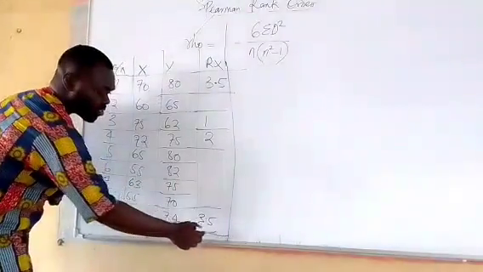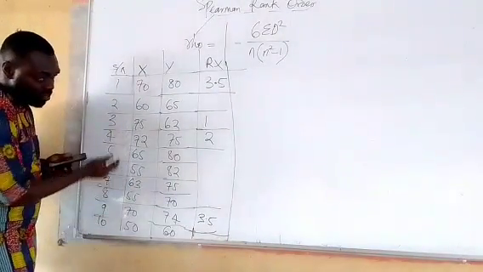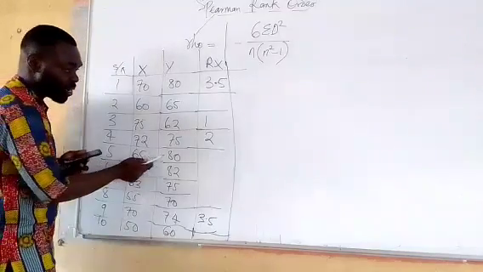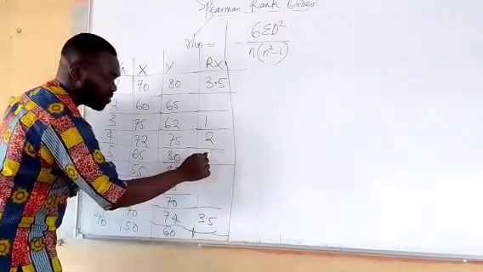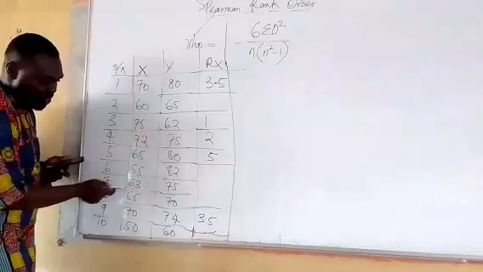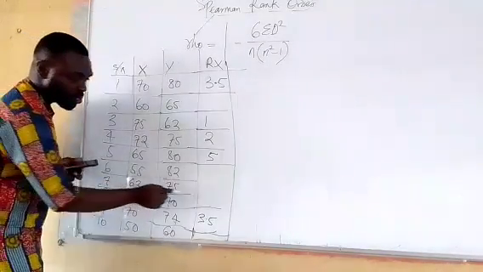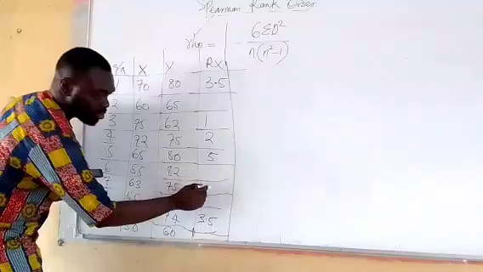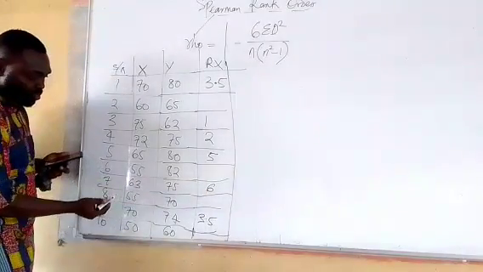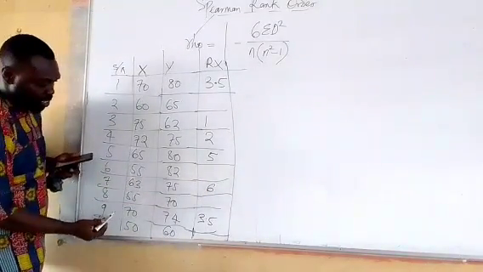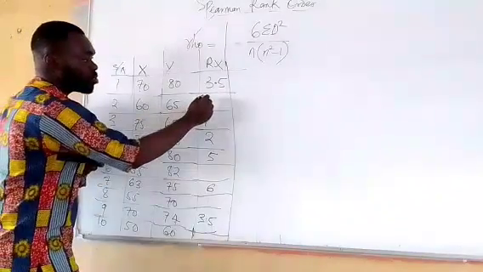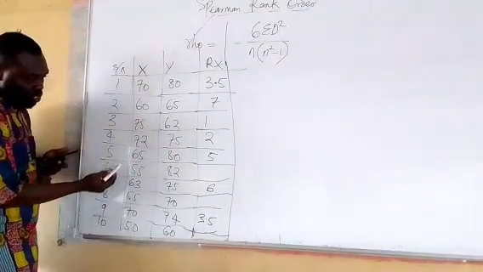Let's go. After 70 is what? Check very well. We have 65, right? Good. 65. Now what position is 65? Fifth. Good. Now after 65 we have 63, which is what? Sixth. Please observe what I'm doing. Sixth position. Then after 63, what number again do we have? 60, which is seventh position. Then after the seventh position, we have